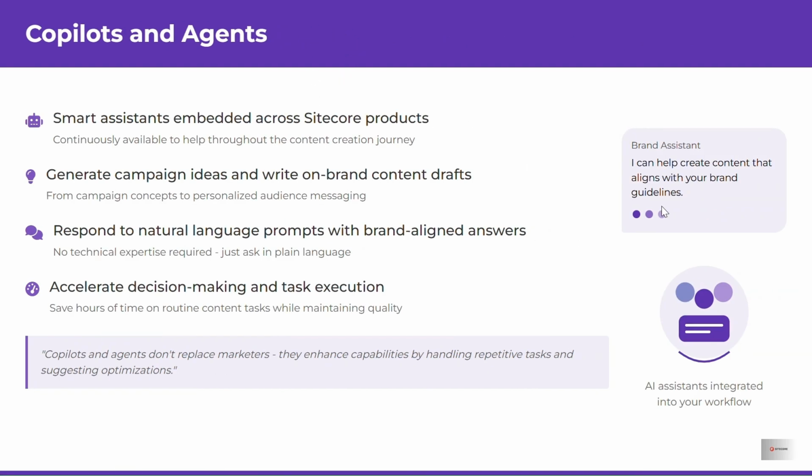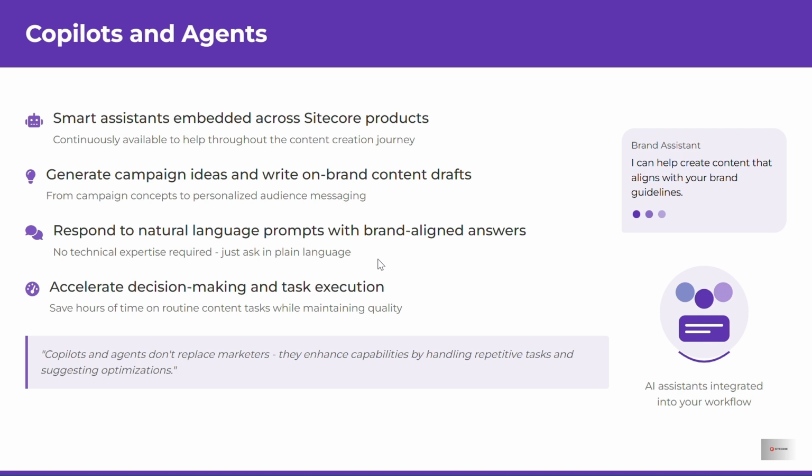Copilot is like a smart assistant which is embedded within your Sitecore products. It helps in generating campaign ideas, writing on-brand content or drafts, and responding to natural language prompts with brand-aligned answers. No technical expertise is needed. You can just ask in simple plain text language and it will give you the result based on specifics